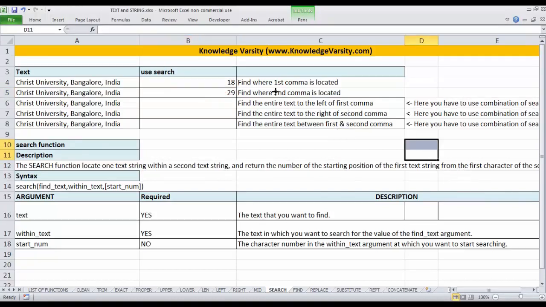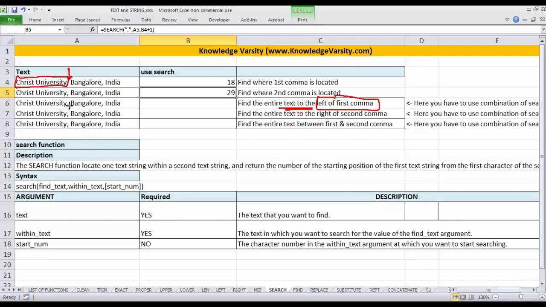So this was simple. This was slightly tricky, but the next thing is more tricky. Here we are interested in finding the entire text to the left of the first comma. This is the first comma, and I want to get this entire text, that is, Christ University.